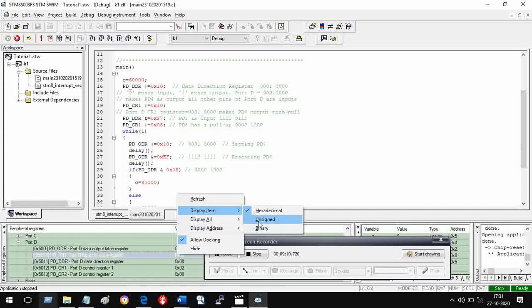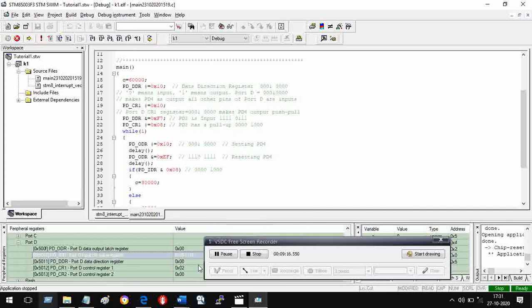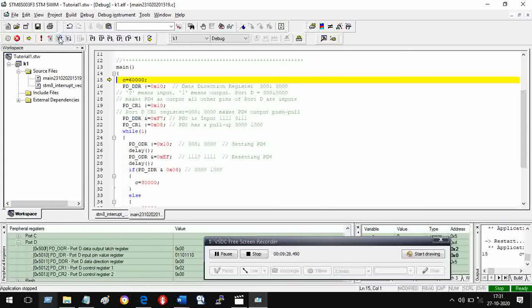Display item in binary so that you can quickly understand what is happening. So bit 0, bit 1, bit 2, bit 3. We are interested in bit 3. Okay. So now let me first reset before running. Reset. So the pointer comes to line 15, which is the first line in the main function.